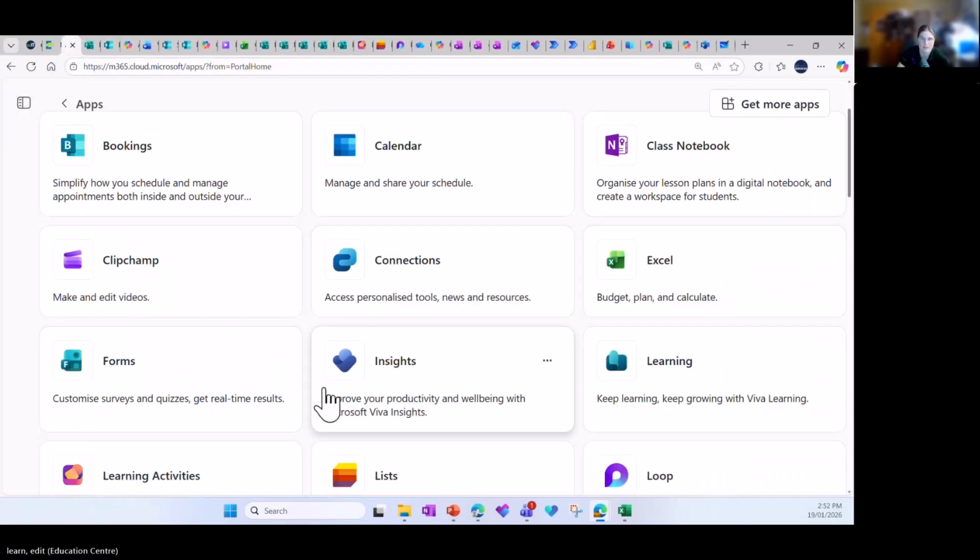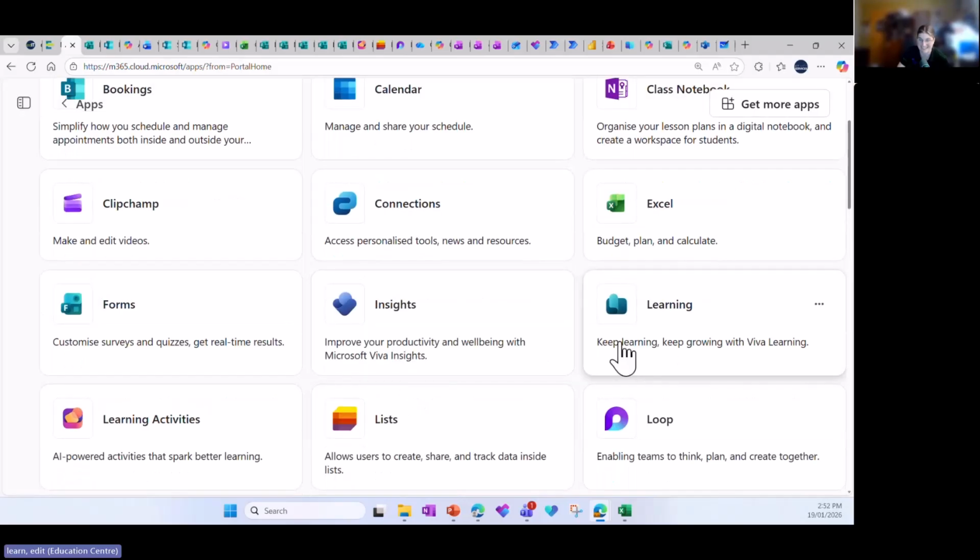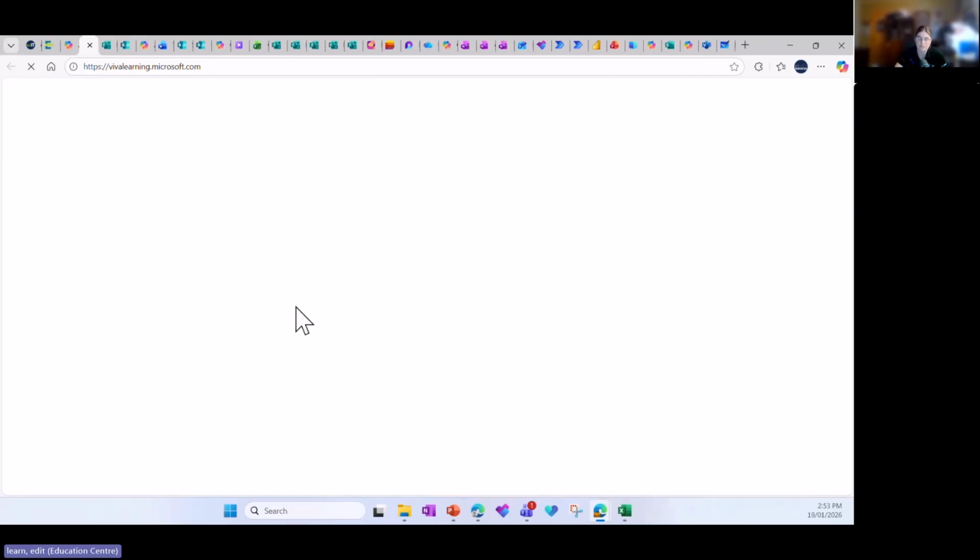Insights and Learning, again, we don't have access to as such with our licensing. Learning is connected with LinkedIn Learning. Now you can, if you've got an essay library card, get access to LinkedIn Learning, but you don't through our department. So you can get that and then access all those LinkedIn courses for free, but not through our